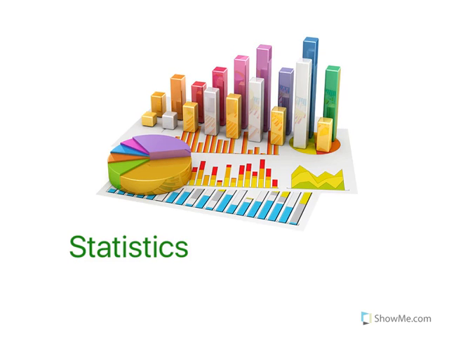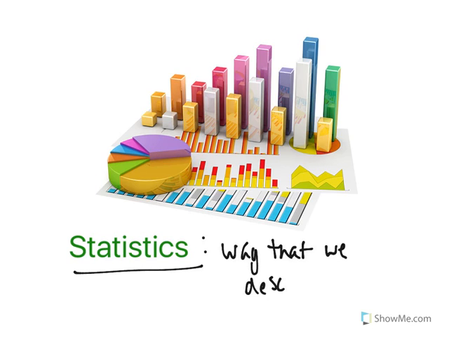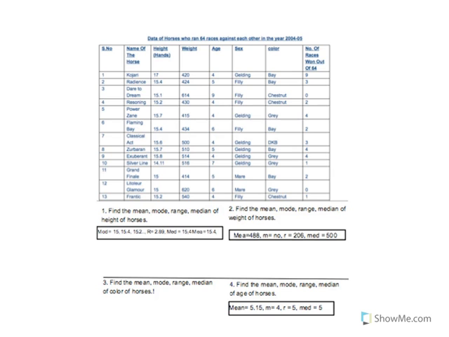Statistics is the way that we describe data. So the main ways that we found to describe data so far are through the mean,